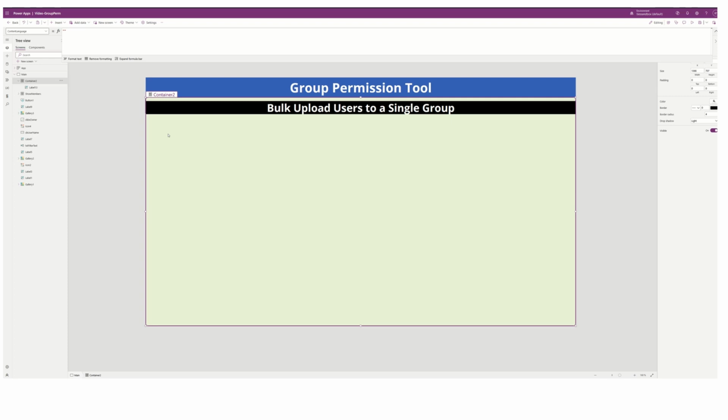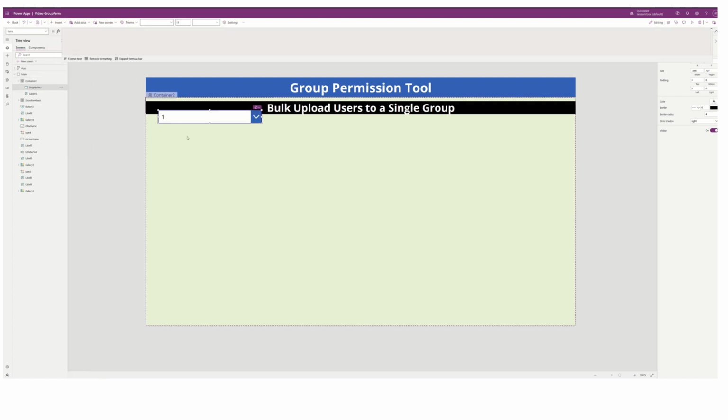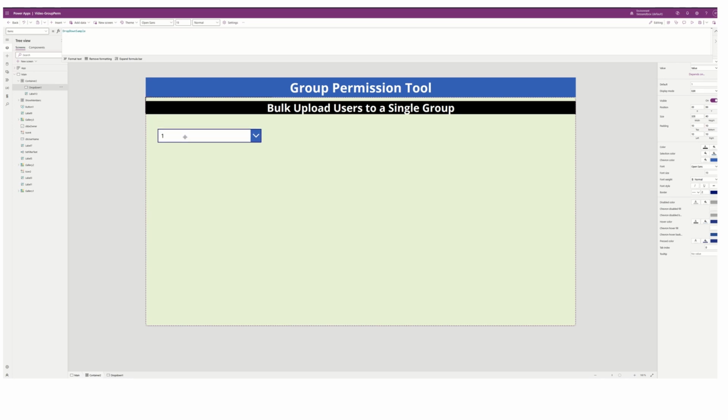Alright, so first thing we're going to do is create our drop down to select which team we're going to upload to. Okay, so now we're going to put in our drop down for our team selection, or group selection, I'm sorry. You can use a combo box or drop down. Drop downs are simpler at this point, so I'm just going to insert a drop down. So we'll drop down, put it right here, and then